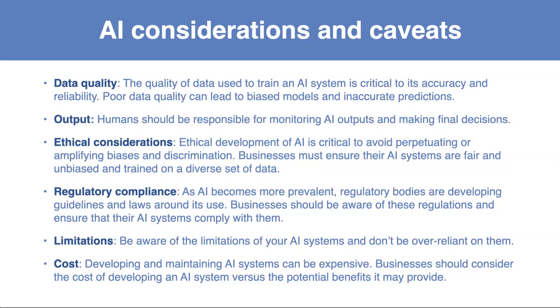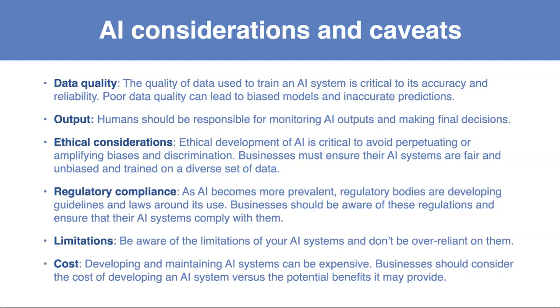Also, humans should be responsible for monitoring AI outputs and making final decisions, because it can be a little bit off or sketchy or whatever. This is where everyone's going to have an opinion about it. But we have to use these tools responsibly. Don't pretend you wrote an article when you didn't write it, when the AI wrote it. I just feel like ethical considerations is going to be a big conversation coming up. A lot of stuff about AI is going to be worth pondering.